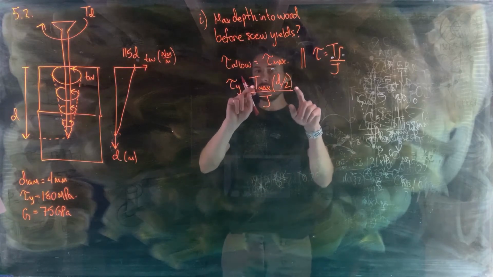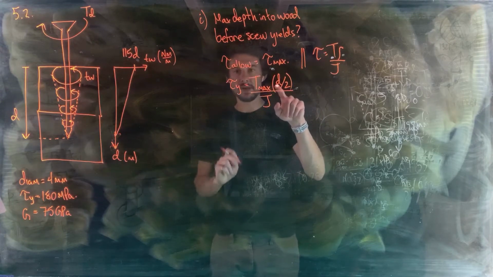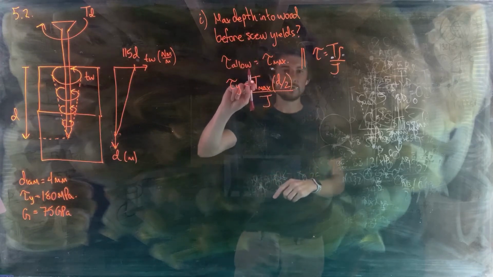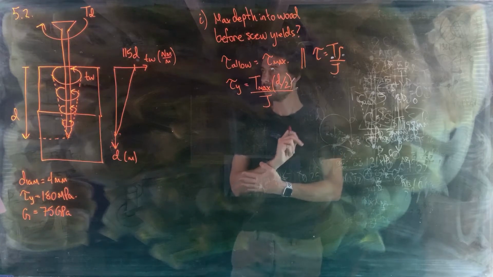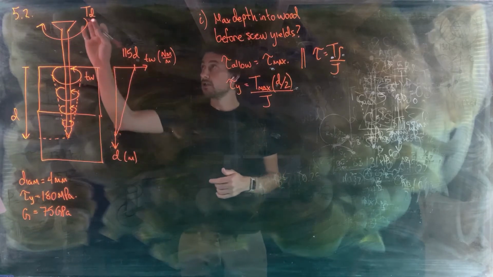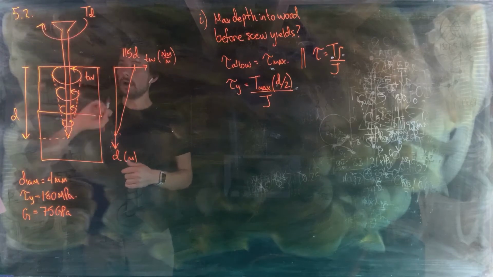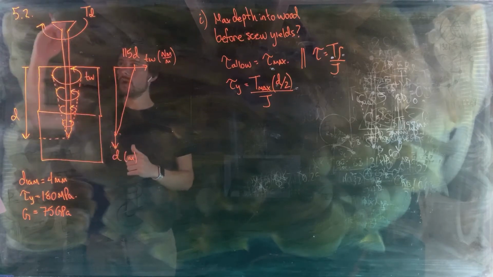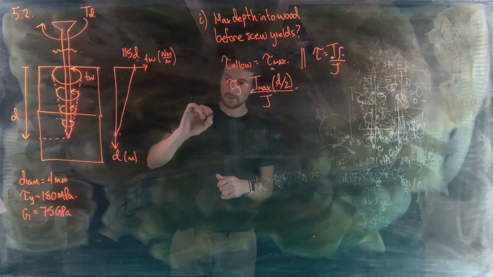So this is pretty easy, right? We've got J because we've got the diameter here. That means that we have that too. We've got the yield strength there. So all we need is what the maximum internal torque is. Okay. So let's look at the screw. First of all, where is the maximum internal torque in the screw going to be? Well, if we cut down right below the head of the screw here,